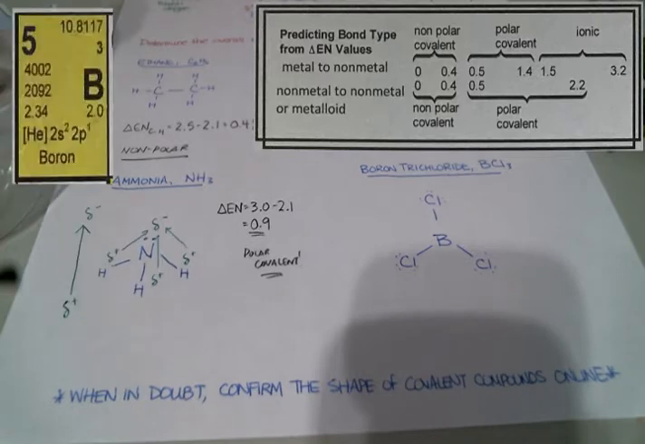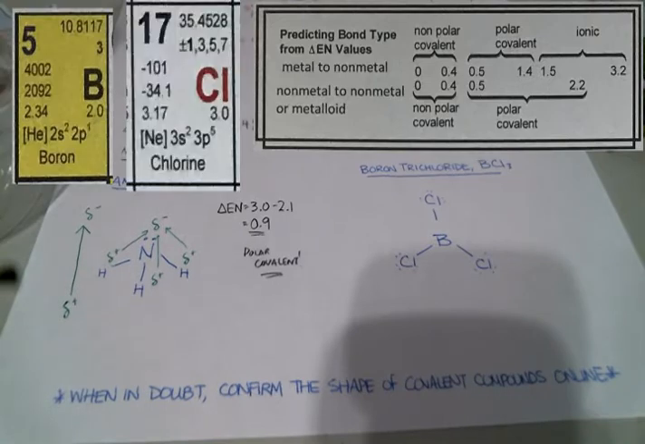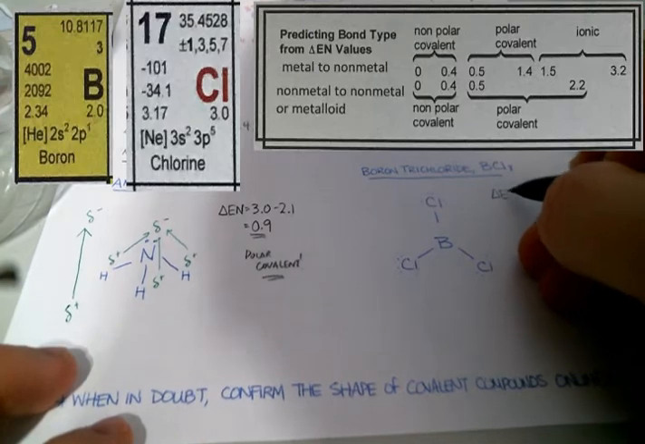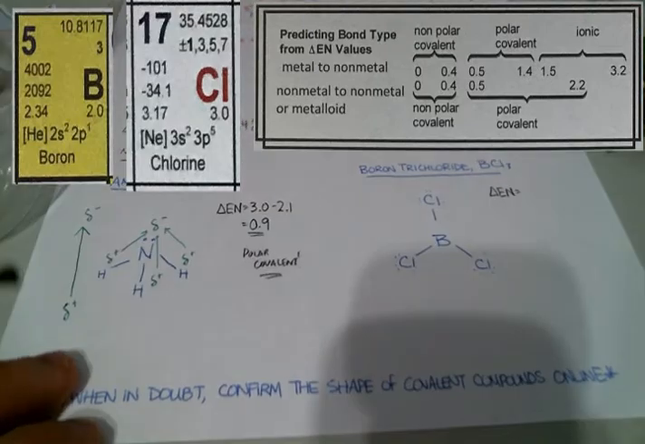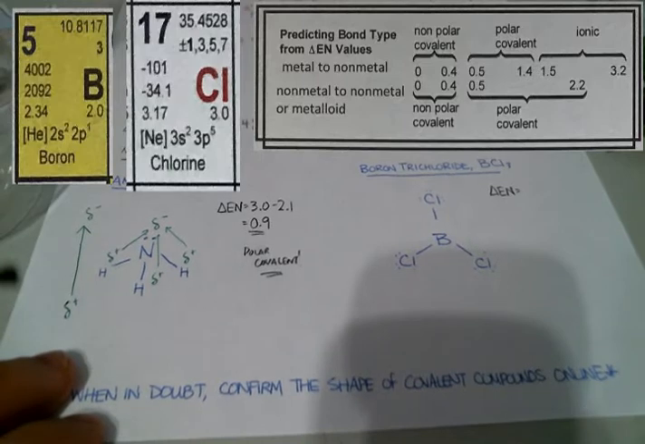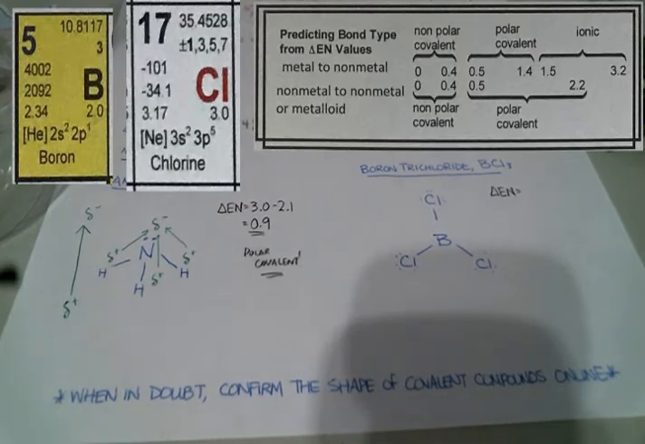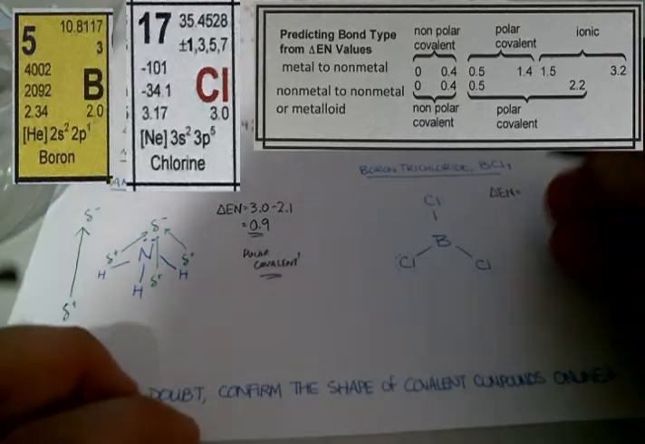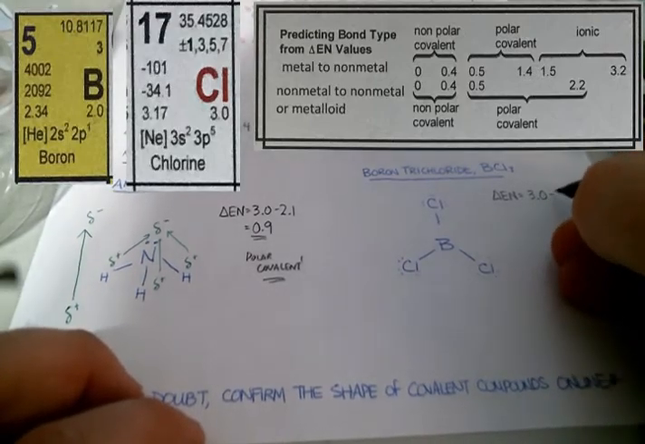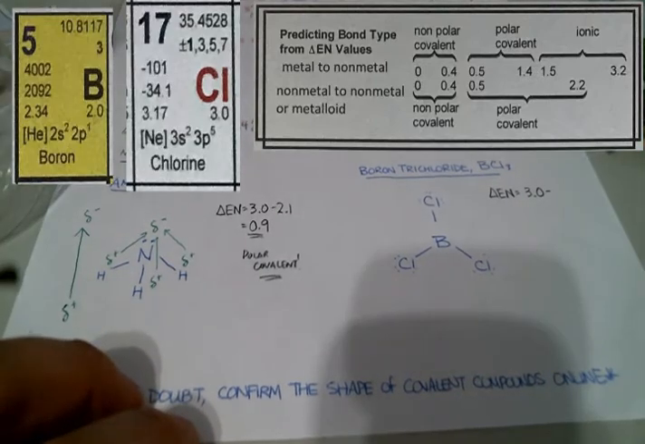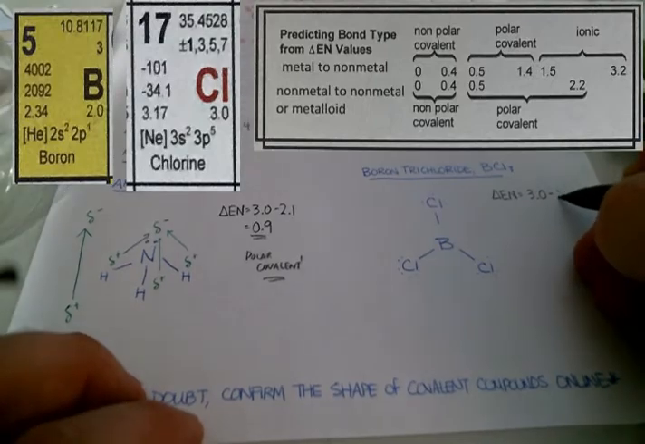The last one is boron trichloride, which is BCl3. Again, we need to start by calculating delta EN. All right. Now, boron is actually a metalloid, which means it can act like a nonmetal and it can act like a metal. But in this case, it's forming a covalent compound, so the electrons are being shared. Chlorine has an electronegativity of 3.0. Look, that's the same as nitrogen. They're both pretty good at pulling electrons. And boron has an electronegativity of 2.0. So that gives us a delta